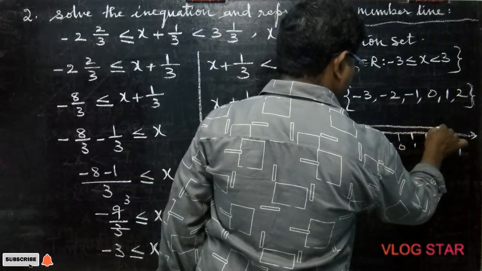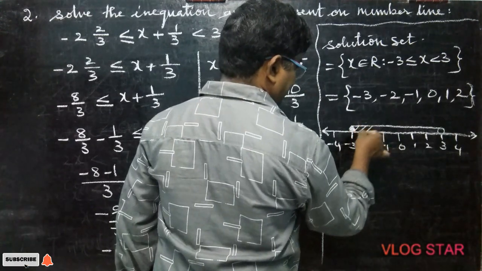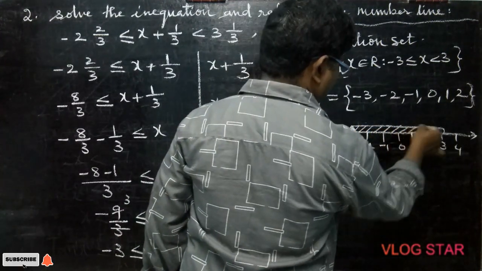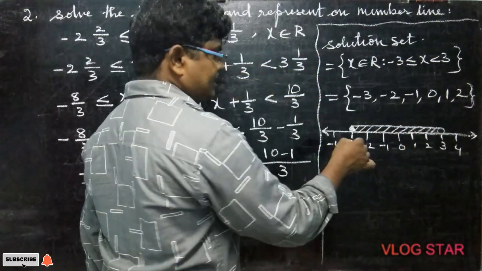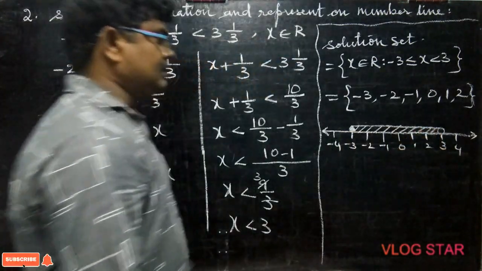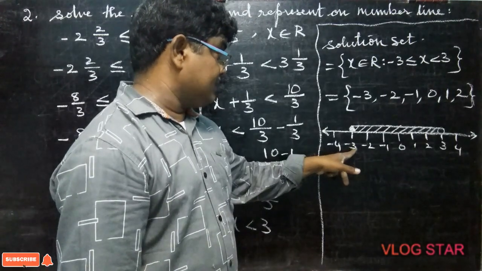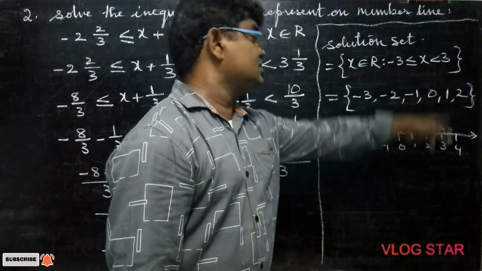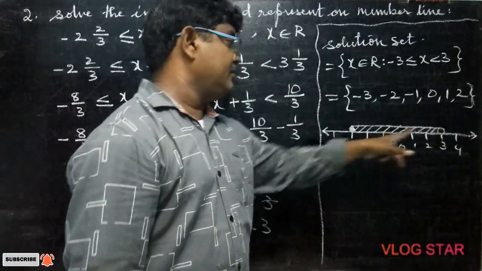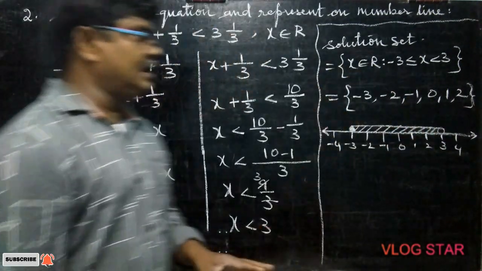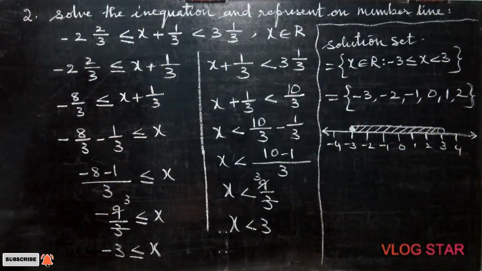And all the numbers between are real numbers, R, all these numbers come. Before, with integers, we just kept a solid ring for all the numbers. But here you have to think: less than or equal to, so minus 3 is also included. Here 3 is not included. Solid ring for included, hollow ring for not included. Keep in mind, this is very important to remember.